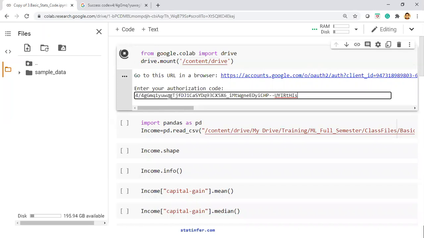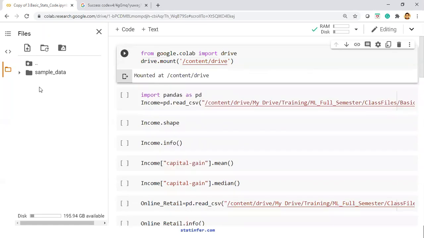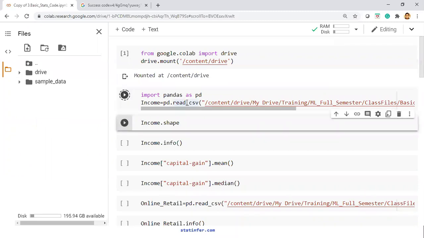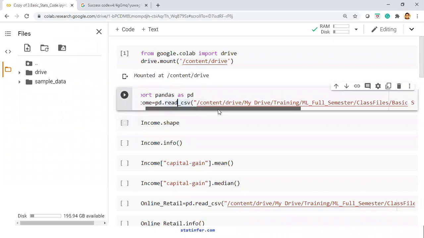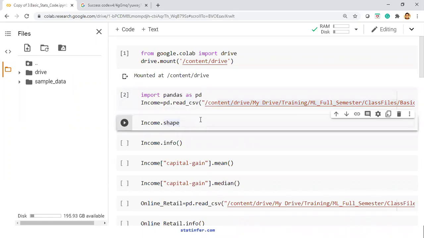The reason I'm not going deep into this is we have already seen this process multiple times: how do you map the drive? That's why I'm just going ahead. You can also directly mount your drive while I'm doing this. Once you mount your drive, you will be able to see all your files here. If they're still not appearing, look at this second icon, refresh. Once you refresh, you'll be able to see the files here. After mounting the drive, this location will work. You may have to change this location because the files in my drive may not be in your drive at the same location.